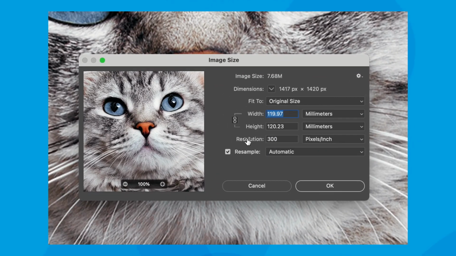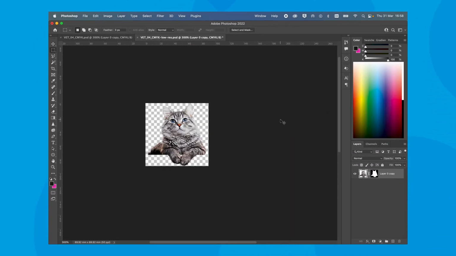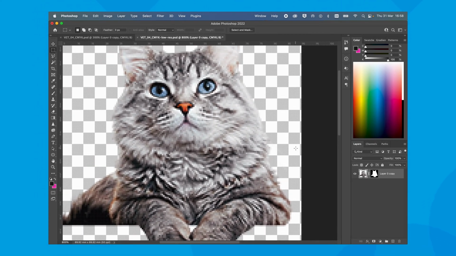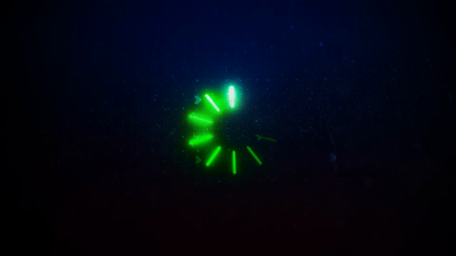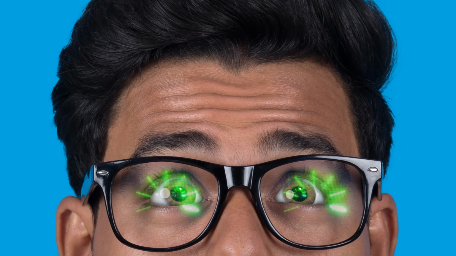For your images, you want good quality. Ideally, you want 300 dpi quality for print at the physical size you want to use it, but you can get a good idea just by zooming into an image, and if you're seeing pixels, don't use it. Equally, don't go too far the other way. If you're using ginormous images that carry a huge file size, it will really slow down the program you're working in, and also it can cause quite a few problems later on when you go to print.